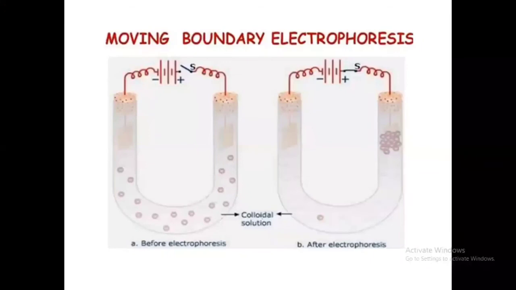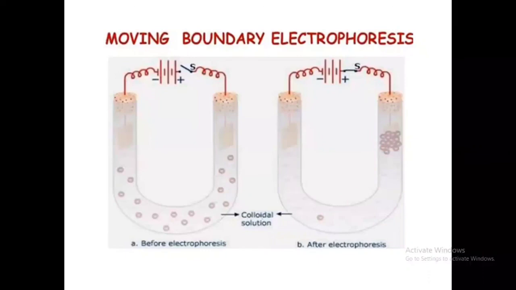You can see both arms. I connected two electrodes. One is cathode, negative symbol. The second one is anode. When applying potential difference or voltage or current between these two electrodes, what will happen? The ions in my sample are going to migrate towards the opposite charge electrode. In the second diagram, maybe my sample has anions. All the anions are moving towards the anode side, because anode means positive symbol. Though my sample has anions, all of them moved towards the anode. That is called moving boundary. Here we are not using any supporting media.